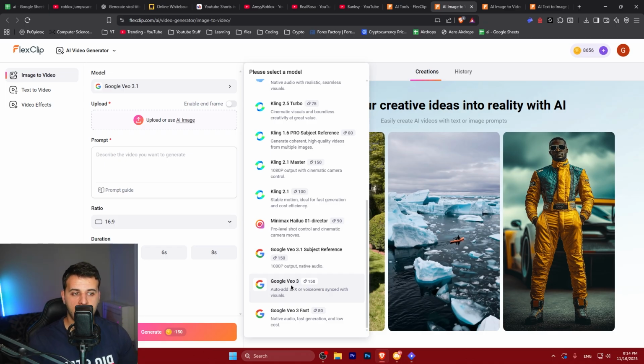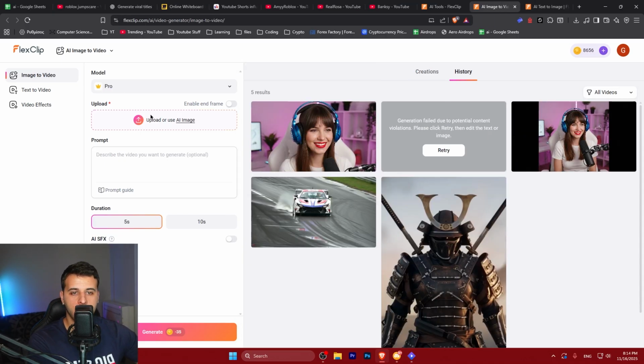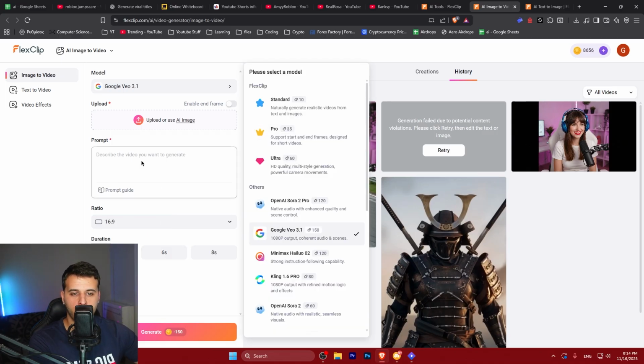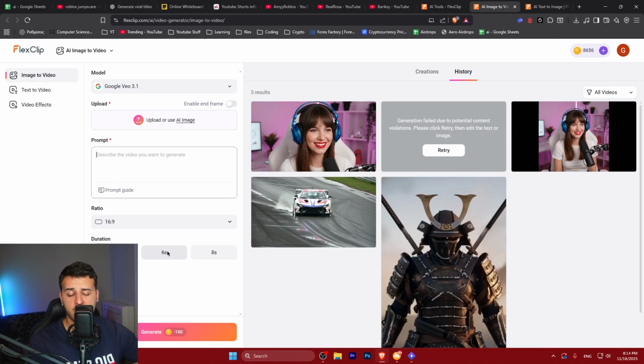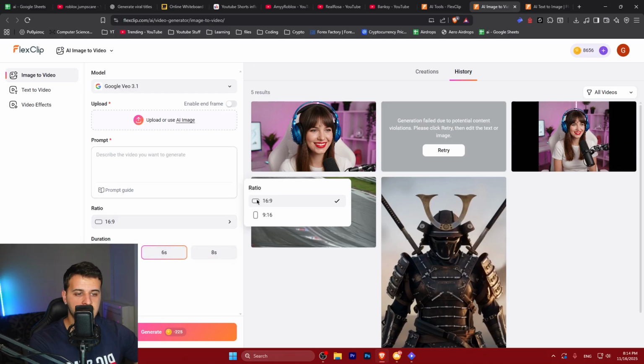So if you're starting out and you don't have a lot of funds, go ahead and use that. So the idea here is very, very simple. We upload the image of our model. We select VO 3.1 or fast. I would suggest that you select at least 6 to 8 seconds of video generation and select this 16:9 aspect